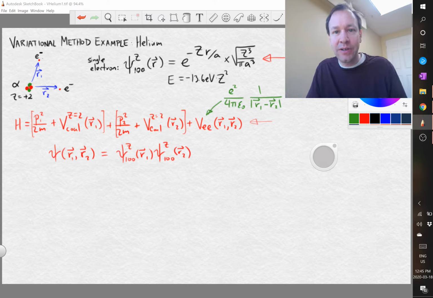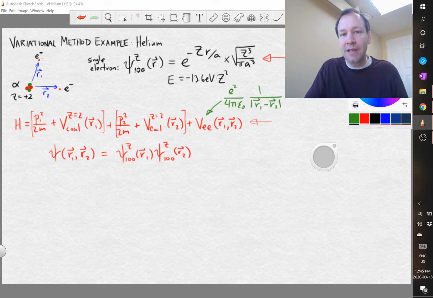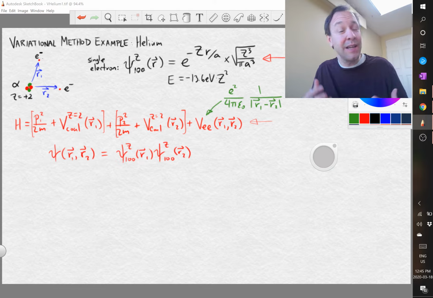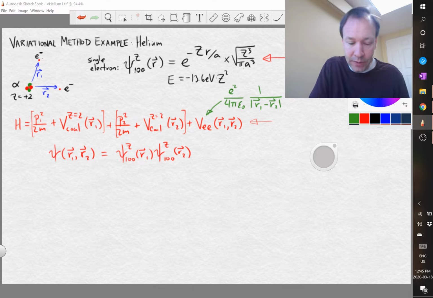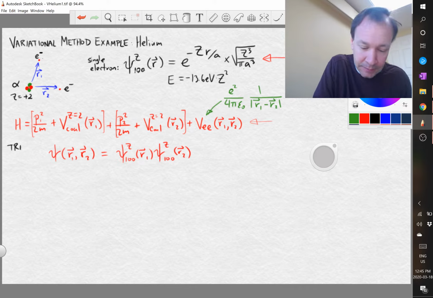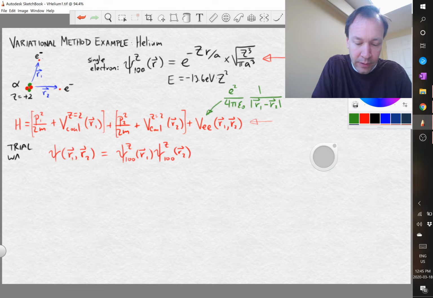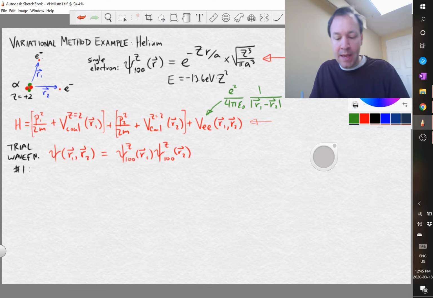It's just a starting point. It would be the wave function if we turned off the interaction. So let's just use that. Remember, we're allowed to use any wave function in the variational method, and it's going to give us an upper bound for the energy of the helium atom. So this is going to be trial wave function number 1,